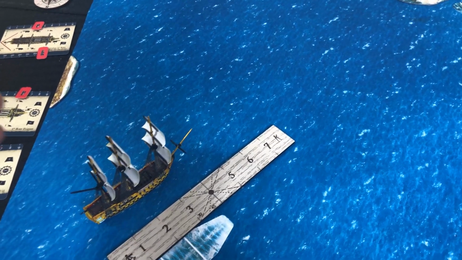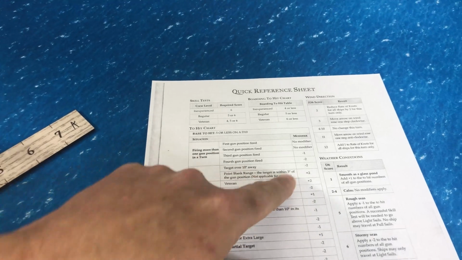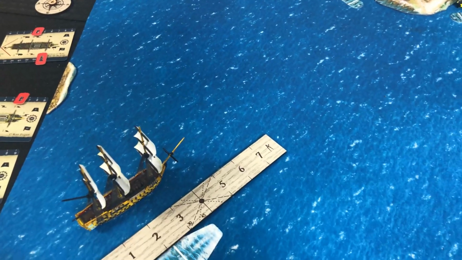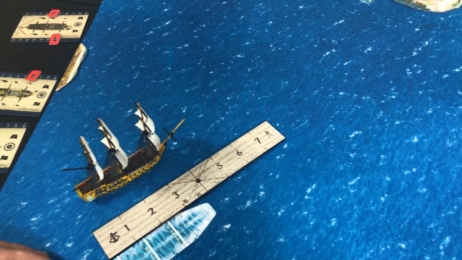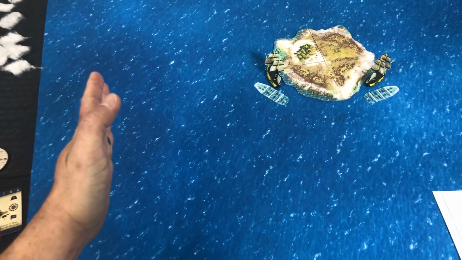But I don't want to fire at more than 10 if I can help it, because there is a penalty for firing more than 10 inches away, -2, and I wouldn't have anything else helping me out. So let's see. I doubt I'm going to be able to get him within that. So we'll do one more. Actually, I want to turn him probably. I think, yeah, I do want to turn him because I'm kind of thinking I'm going to go this way,